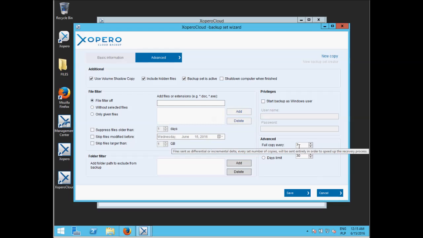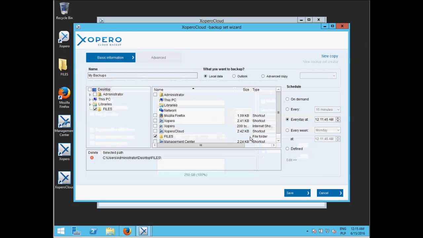By default, it's every seventh copy is created as a full backup, as well as you can define the version limit or days limit of your backups. So no more than, for example, 50 versions of backup will be stored in your cloud account. When you set all the settings for your backup set, you can click Save,